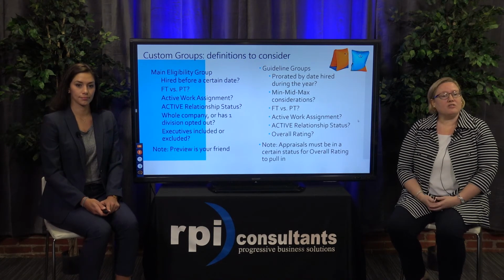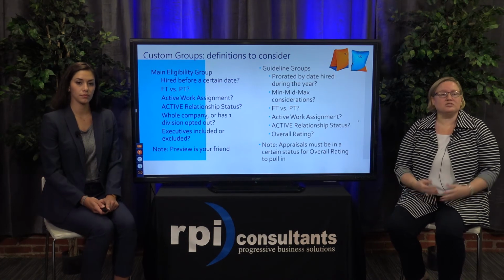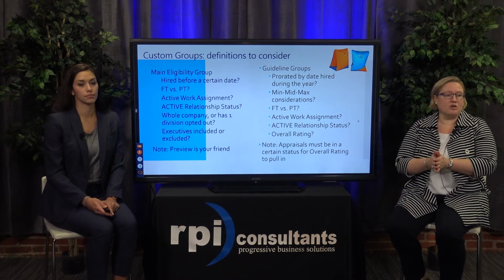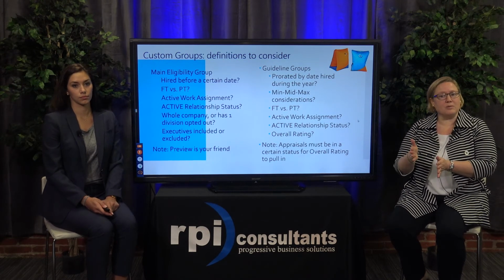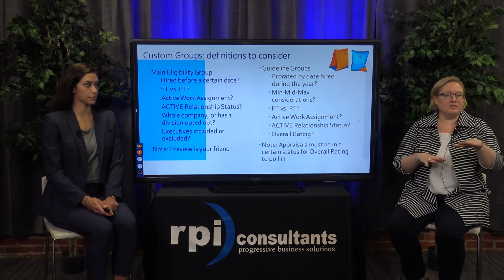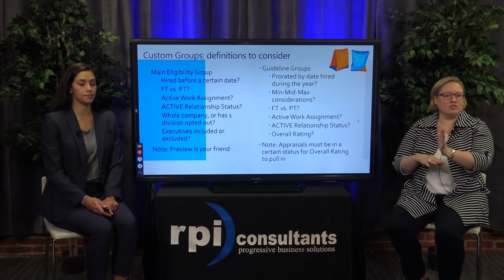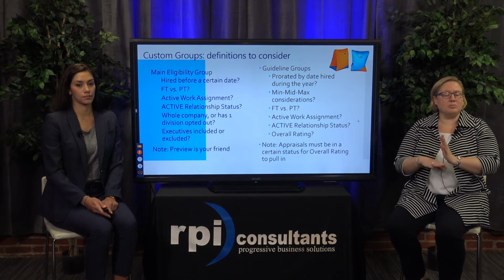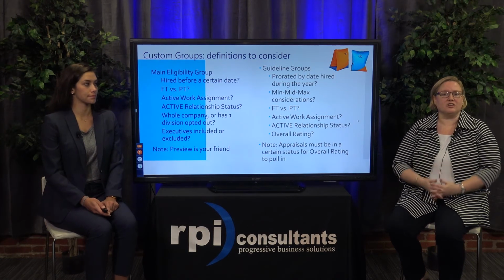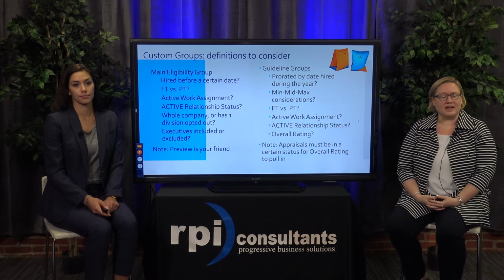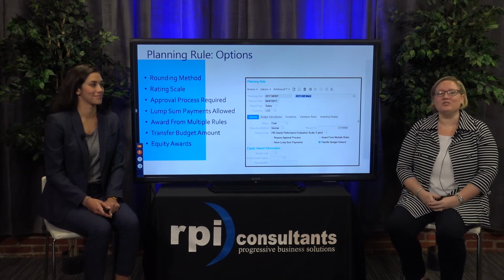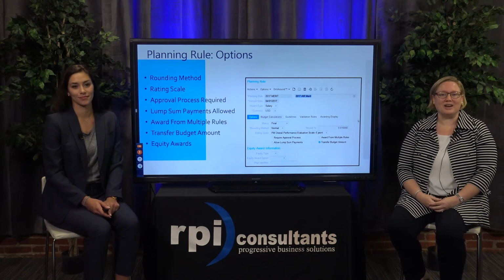A note about the overall rating is performance appraisals do need to be fully approved for that performance appraisal overall rating to pull in fully to the merit budget. So if you've got kind of a messier overlap, where some people are finishing up appraisals and you're not quite 100% approved, there is an ability to upload that overall rating into the merit budgets once the budget has been created. But that can be a gotcha. Sometimes people don't realize, ooh, I had to have my appraisals all the way approved for this to work automatically.